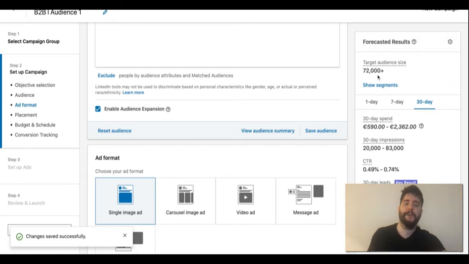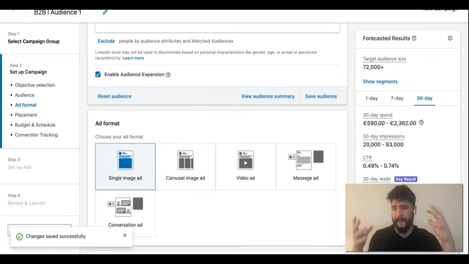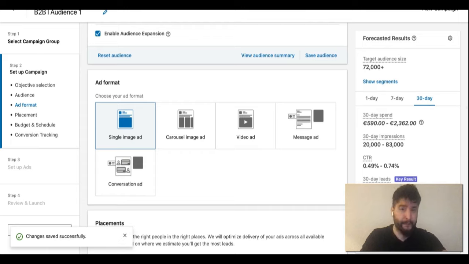In regards to target audience size, there's best practices for this per campaign. I wouldn't suggest, well, depending on the budget you have, but I wouldn't suggest more than 300K per campaign. That's a little bit too much unless you have a really high amount of budget. It all relies on the budget, but usually it's not to be very, very big, because in my opinion the